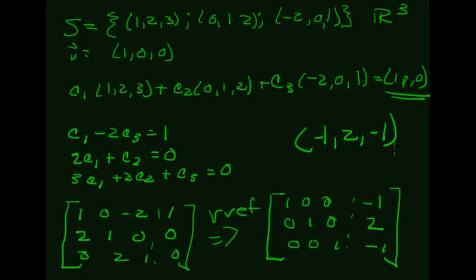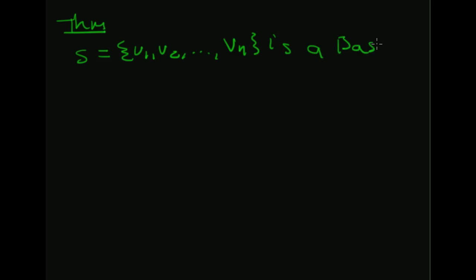All right, so we're going to get to this idea that not only are these bases spanning and linearly independent, but they're of a particular size, and that size is minimal. Okay, so the theorem says this. The theorem says if S with v1, v2, up to vn is a basis for V, then if T is a subset of V,